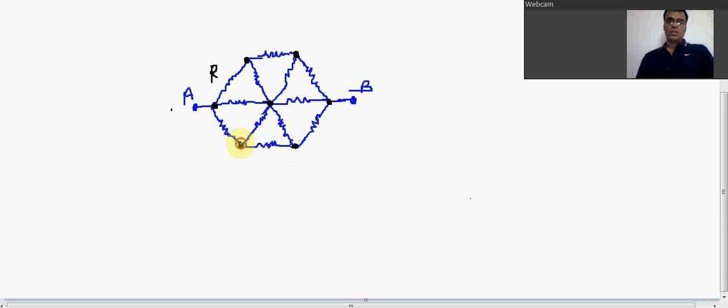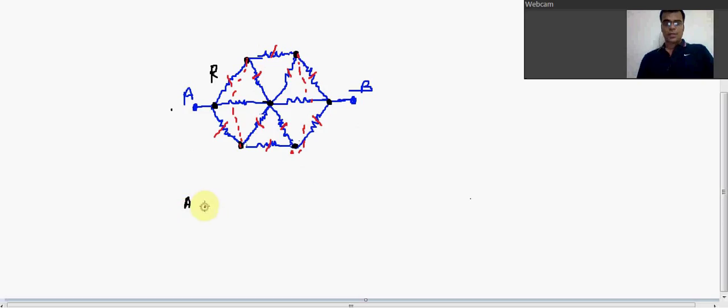Which means as soon as this coincides with this one, this coincides with this one, this resistance and this resistance will become parallel. This resistance and this resistance become parallel. This resistance and this resistance become parallel. This and this come in parallel, and this resistance and this resistance also come in parallel. Which means if I were to redraw the